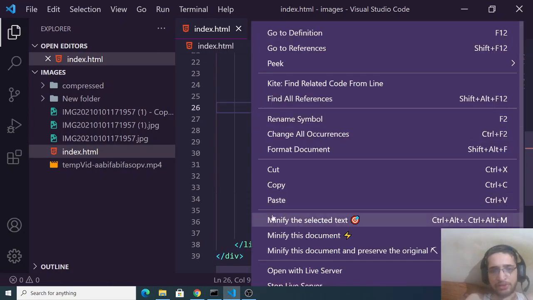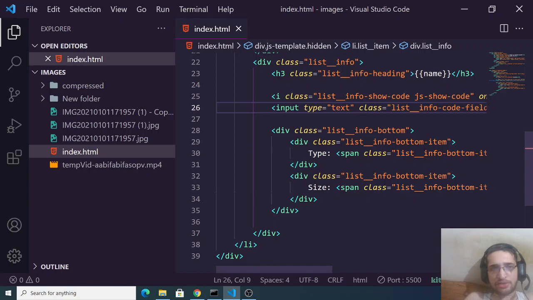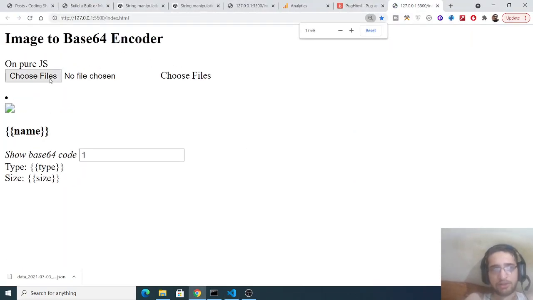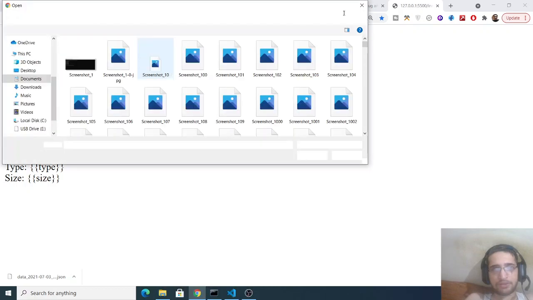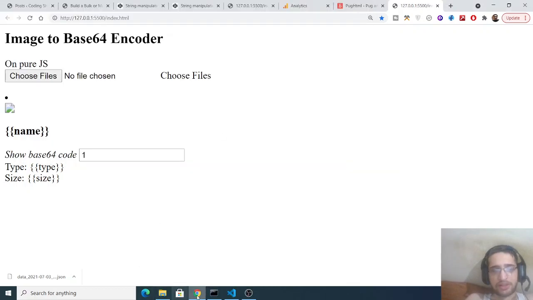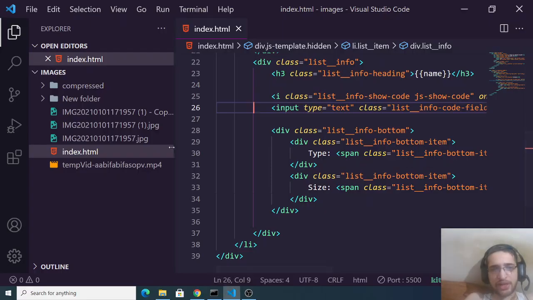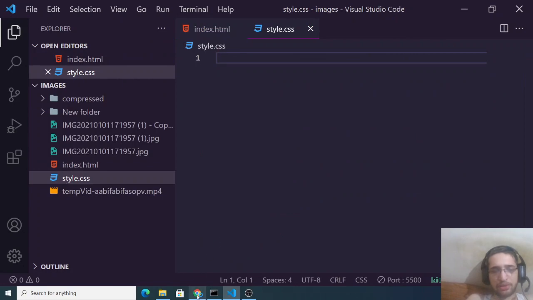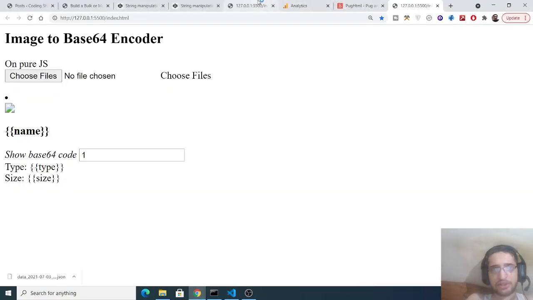And now if you open this with Live Server, which is an extension of Visual Studio Code, you can see nothing is styled. It will not work. This is a simple choose file button. Now to add style here, you can create an external file, style.css, and copy paste the style sheet code here.